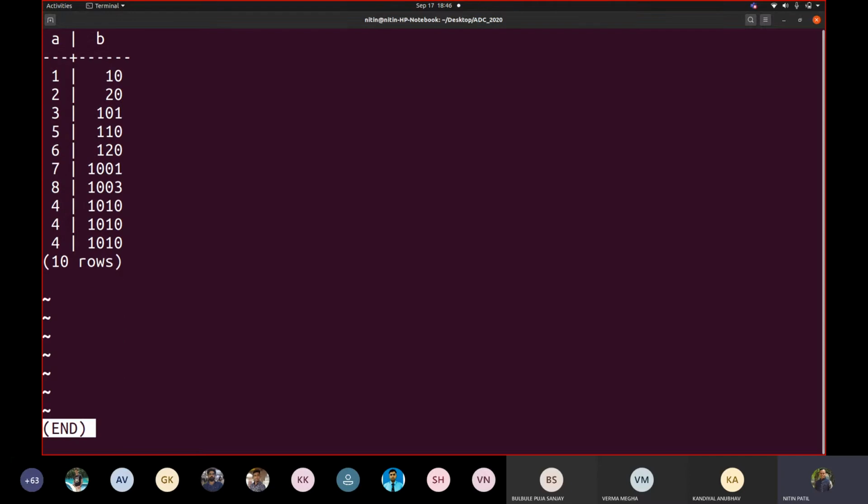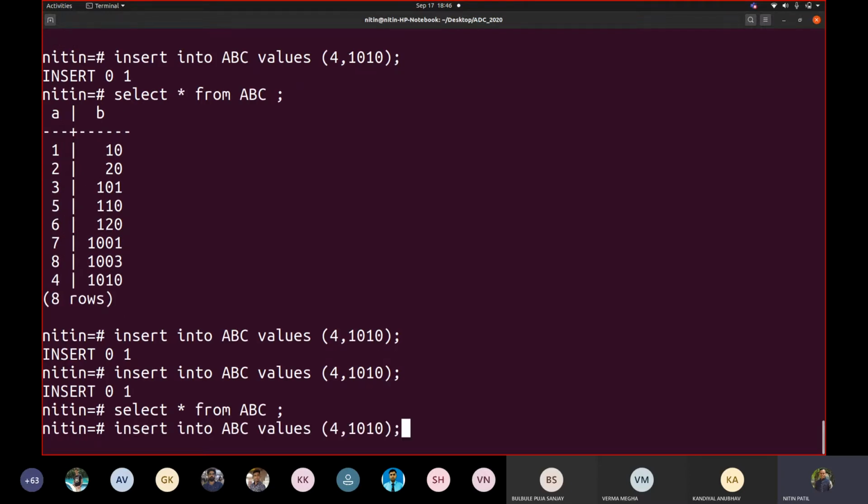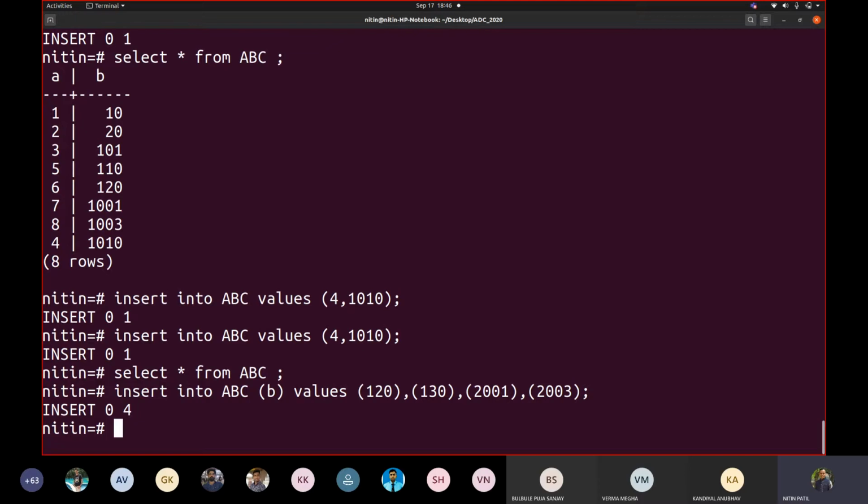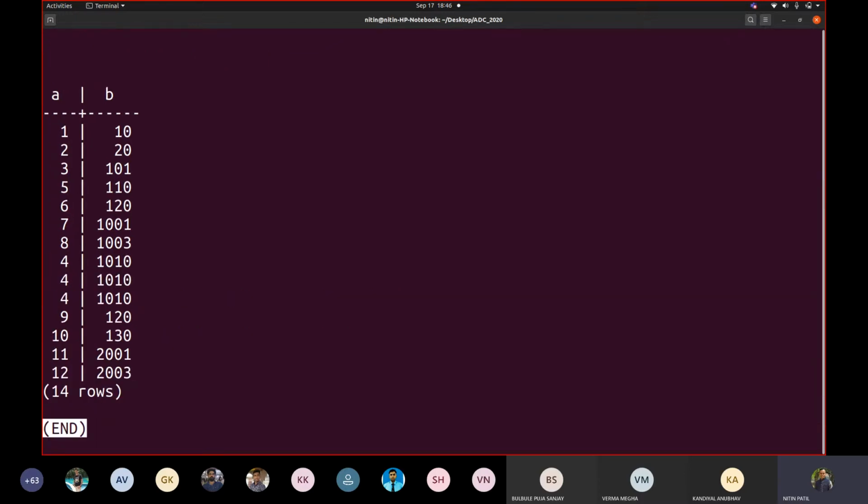Now if I insert data with my insert statement, the way that we inserted earlier, let me write 121, 132, 211 and 222, and let us see what value would be picked by it right now. So if I write select star, what is the value picked there? It picked 9 because as per its record, 8 was the last value.